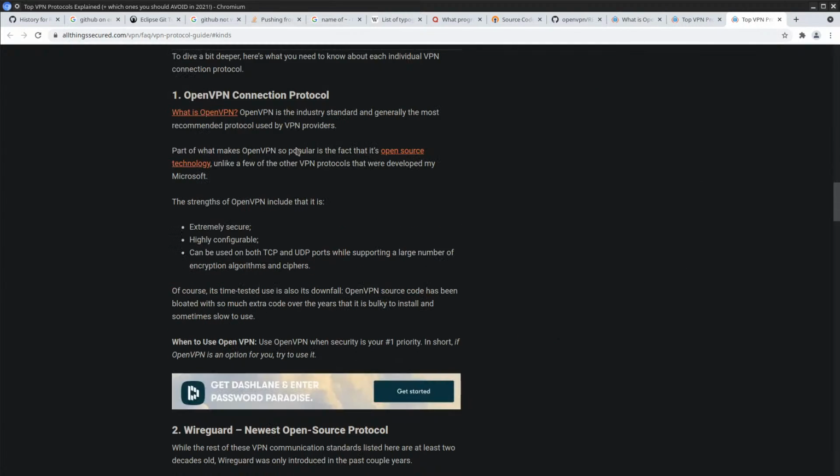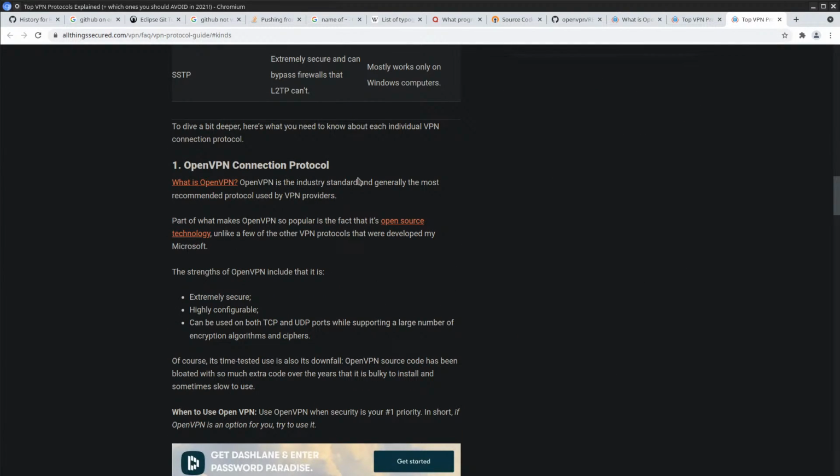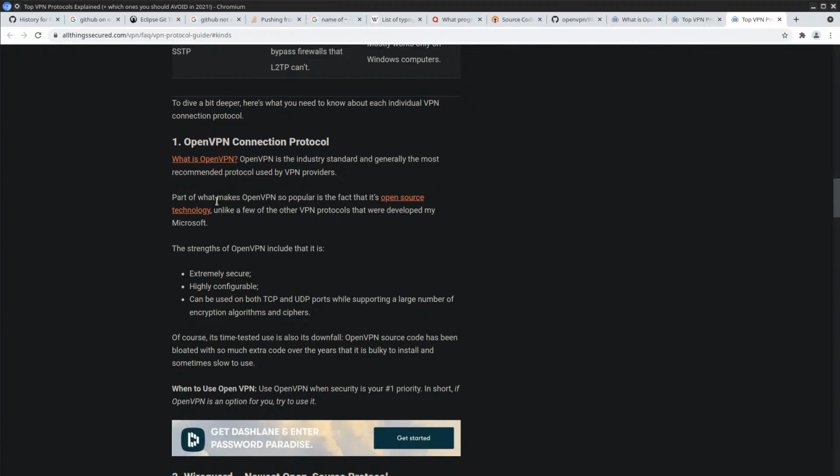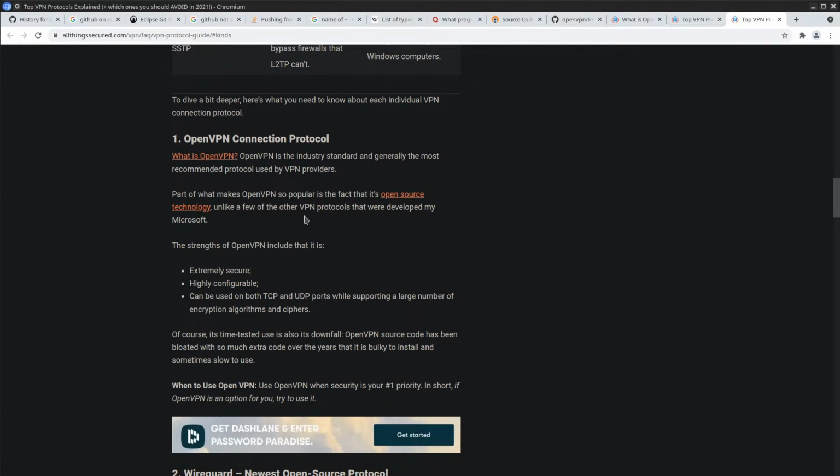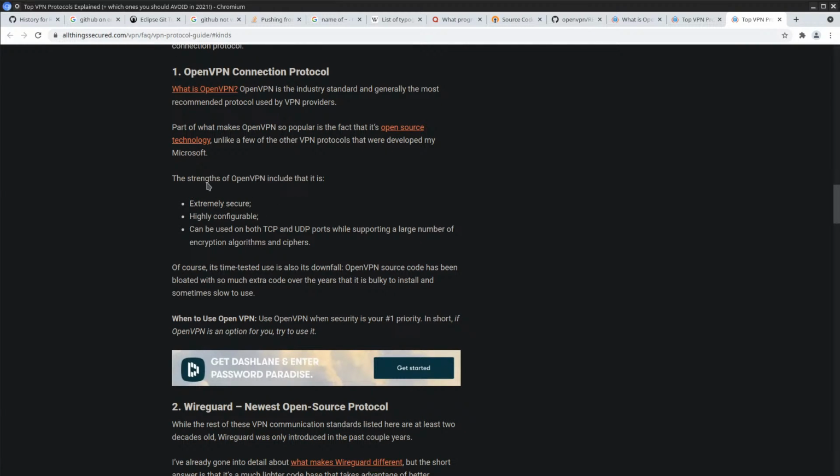Okay, so these are basically protocols. The industry standard, most commonly used. Part of what makes OpenVPN so popular is the fact that it's open source technology, unlike the few other protocols that were developed by Microsoft.